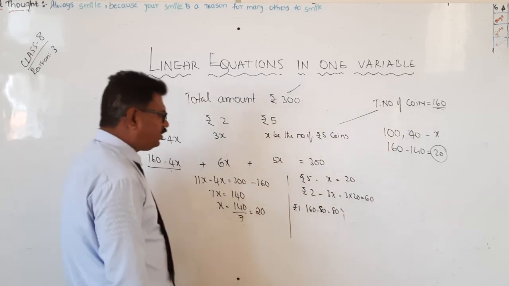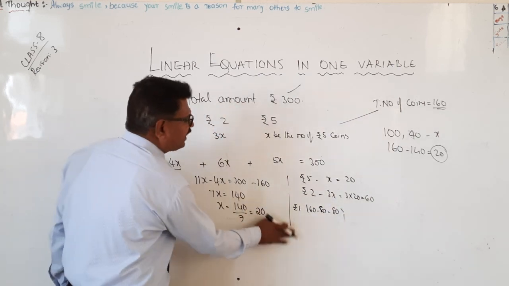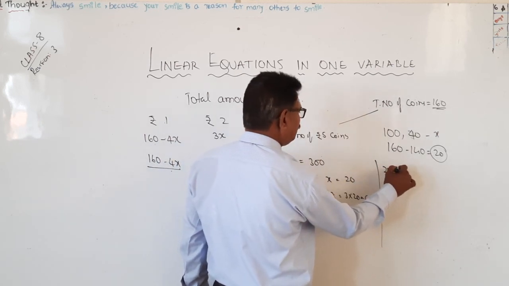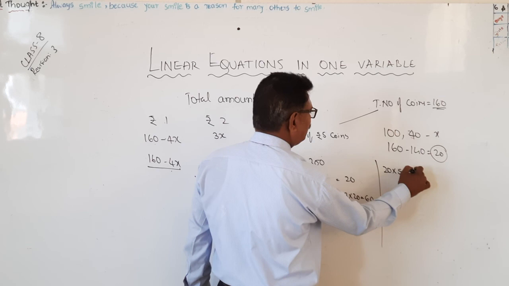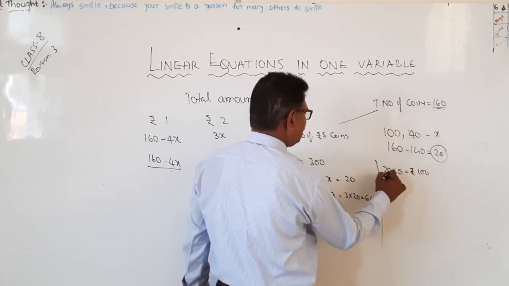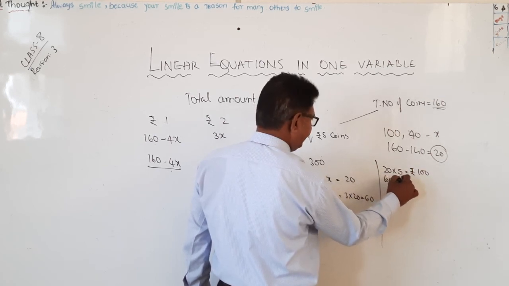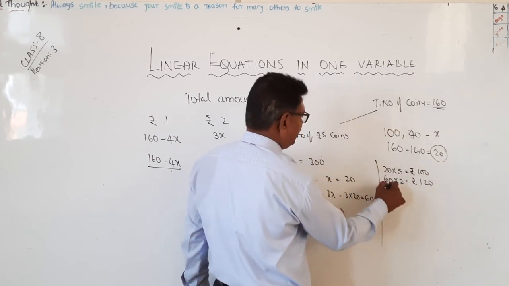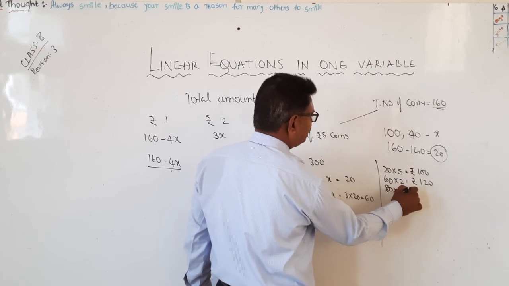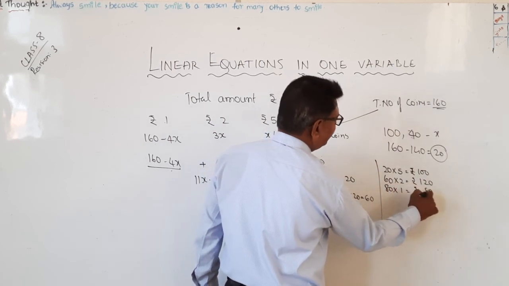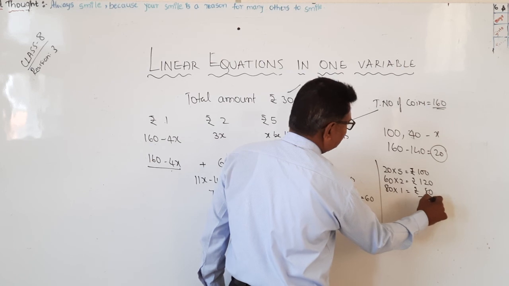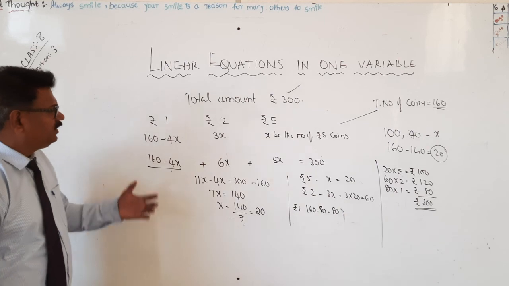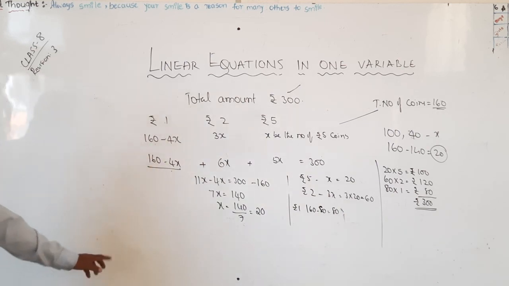Okay? Now you can calculate whether it is correct or not. You can verify by yourself. You see, 20 into 5, that is rupees 100. Next, 60 into 2, that is rupees 120, and 80 into rupees 1, that is rupees 80. So if you do the total, how much? It is nothing but rupees 300. Therefore, you should do the problem like this. Okay? Please take down.